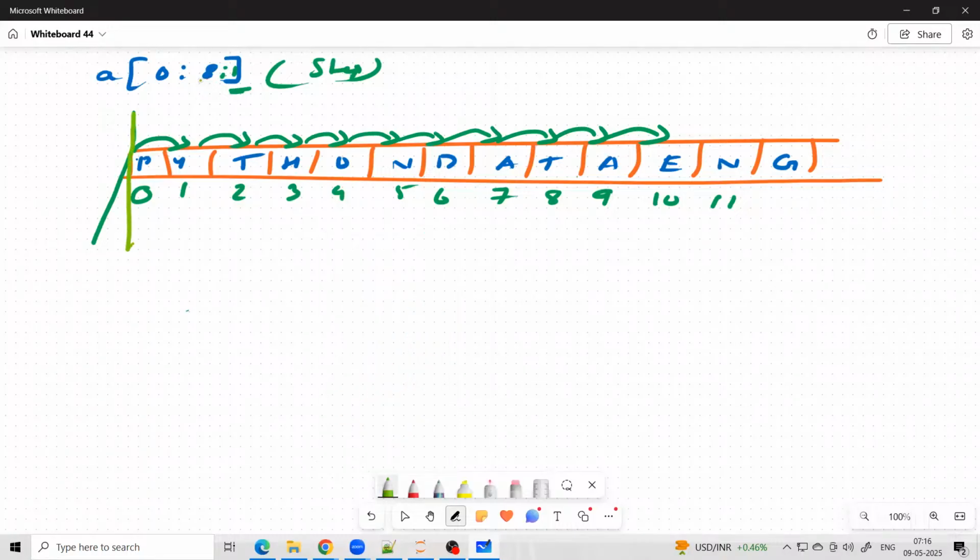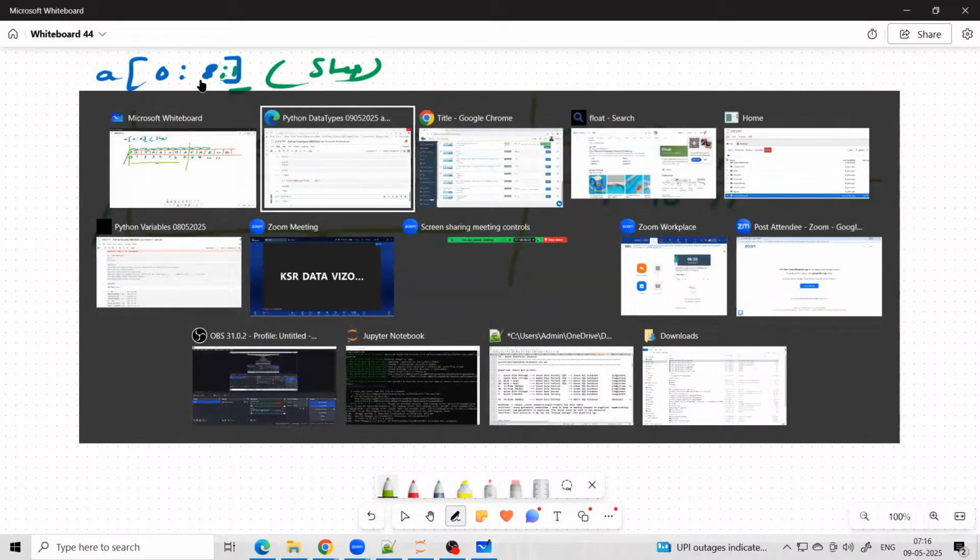8 means it will come here. But the end position will be excluded. So I'll get till here. So this is the output I'll be getting. Since I've given step 1, one step only it will jump. Okay. So now if I go and write this